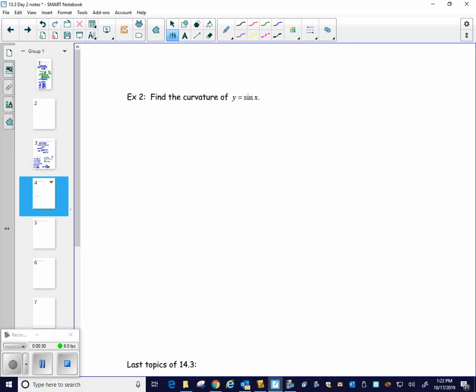So let's first of all find a formula for the curvature, which we're going to need f prime of x, which of course is cosine. We're going to need f double prime of x, which is negative sine of x. So the curvature formula